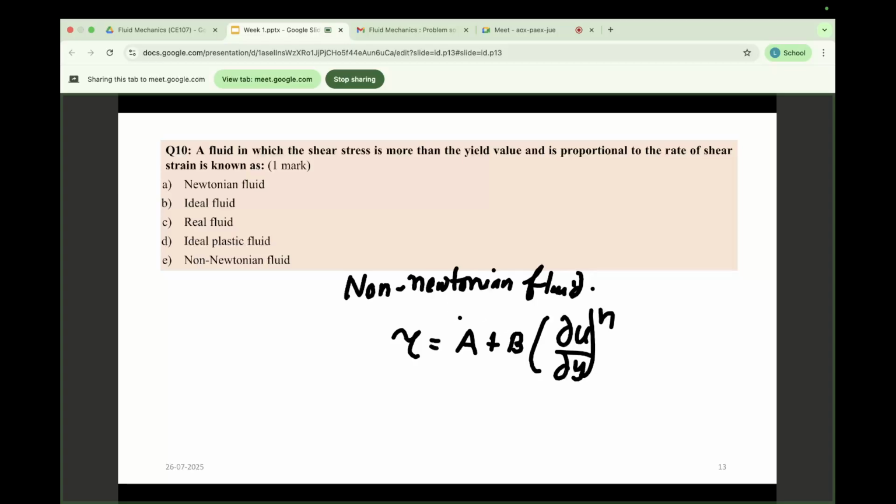All the formulas for any fluid can be represented in this term, tau equal to A plus B. So for a Newtonian fluid we know tau equal to mu